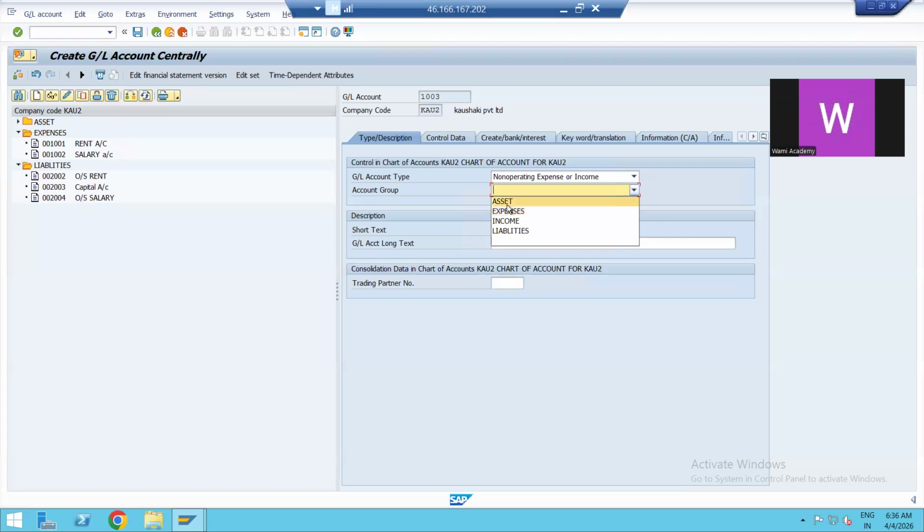So suppose we have selected the wrong range group, suppose liability if I have selected, so the system will pop up the error that the 2001 to 3000 liability range is there. So we cannot use 1003 for the expenses. So over here we can go for the expenses. Now the system will not pop up the error, and then we have to keep the range. Like suppose advertisement account,